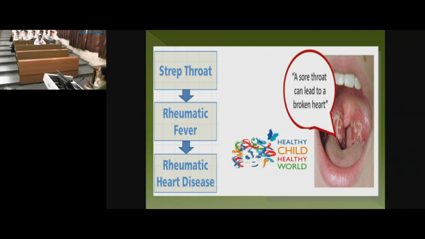Right? A child comes to you with fever and throat pain. At that point of time, if you give penicillin, you are eradicating that infection and preventing rheumatic heart disease, like primary prevention. How do you differentiate? In streptococcal infection, you will find pus points, which are never going to be there in viral infections. You may have white membrane-like things in diphtheria or EBV or CMV, viral infections also, but it is not usually like pus.